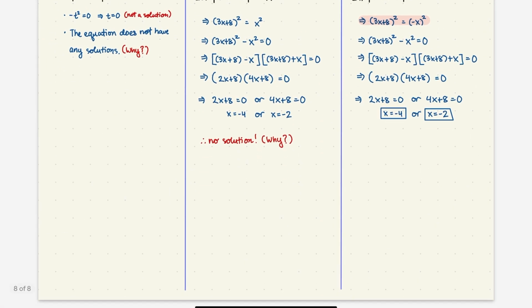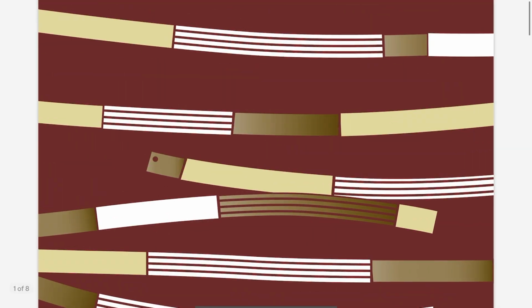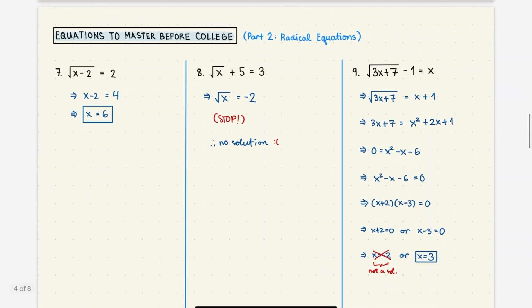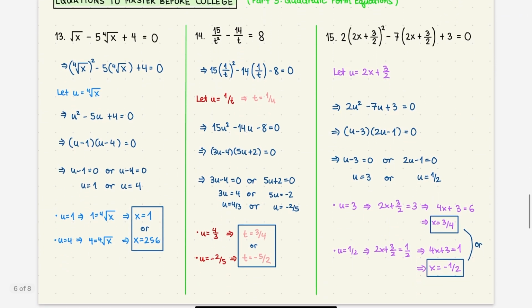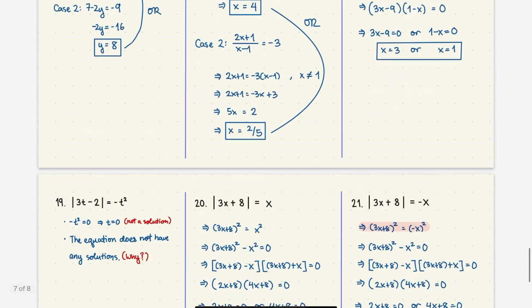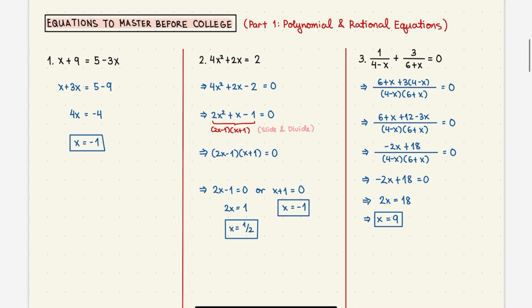So that marks the end of our equations series. Again, we went over polynomial and rational equations. Then we went over radical equations, quadratic form equations, absolute value equations, and yeah. So I hope by this video, your grasp of equations is now strengthened, because next time we'll be dealing with